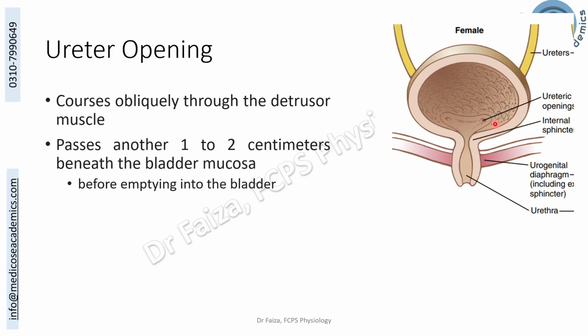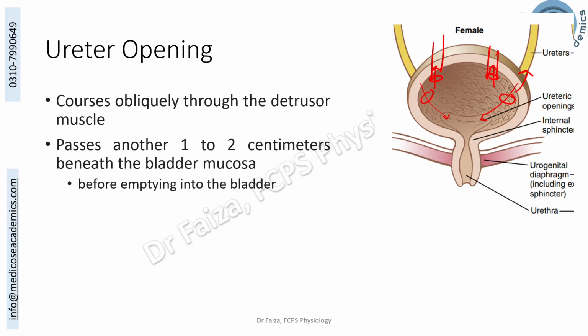The special feature of the ureteric opening in the urinary bladder is that ureters are running obliquely through the detrusor muscle, as you can see, entering over here and then running obliquely to open over here. And the significance of this obliqueness is whenever there is increased bladder pressure or detrusor muscles are contracting, these get obliterated and the backflow of urine into the ureter is avoided. If they had entered directly straight into the bladder and the pressure would have been high in the body of the bladder, the urine might have flown back into the ureters. Because of this oblique arrangement, this backflow is prevented.